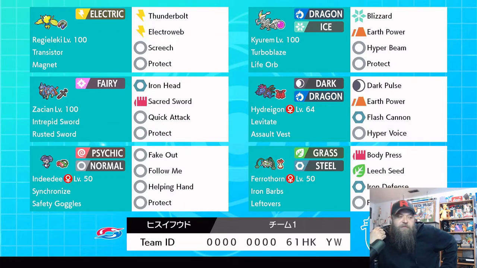When I was looking for this team, I got it off Victory Road. I'm pretty sure what I read on it is they played in the February IC and got really high placing. So, hey, better player than me. But it makes sense, because Magnet with the Transistor and the Thunderbolt or the Electroweb, those moves will do insane amounts of damage. To the point where if you take out a Max Charizard with it before they can move, you set your opponent behind really far,